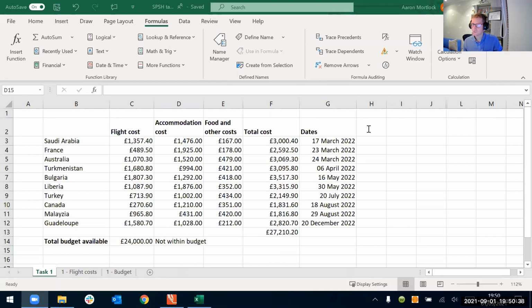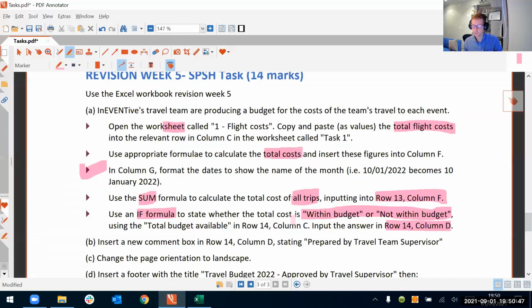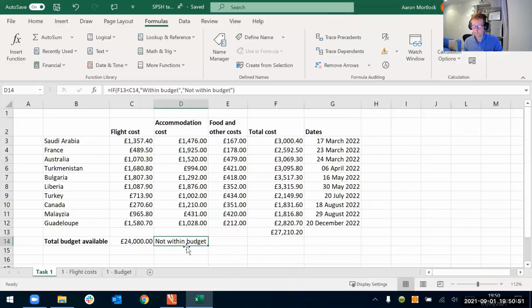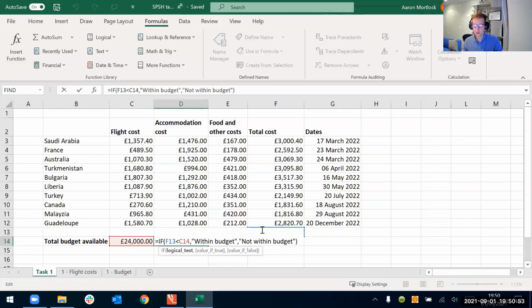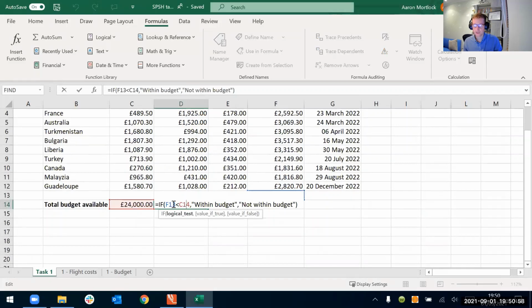A quick sense check is always a good thing. Yeah, absolutely. So you just have to think about it. If it's true, it's not within budget, right? So total budget, input here. Okay, so if our value, so if I just scroll down. If the total cost of all our trips is less than, i.e. within the budget we've set, so within the 24,000 budget we've set, I'll say it's within budget, and